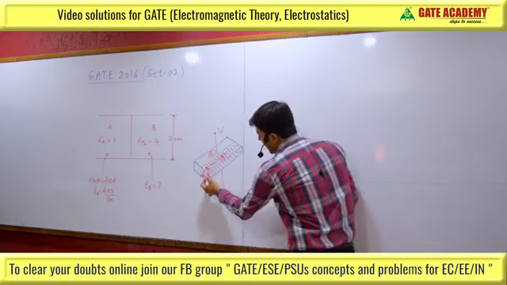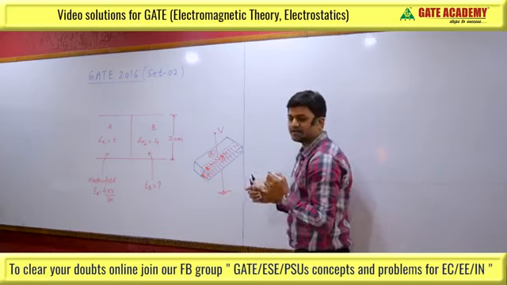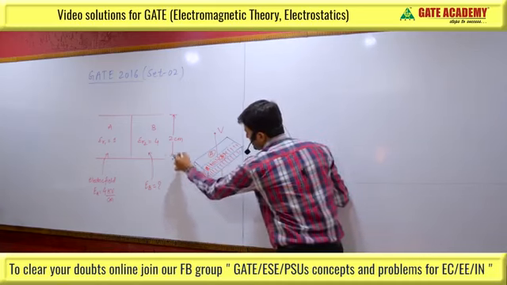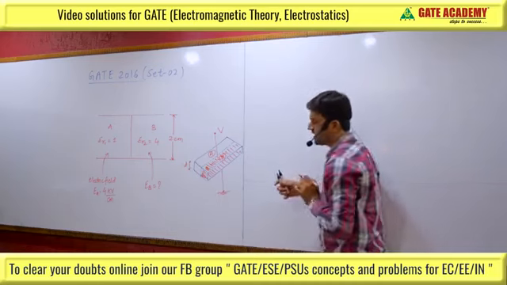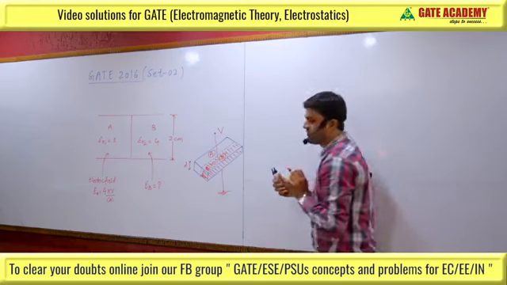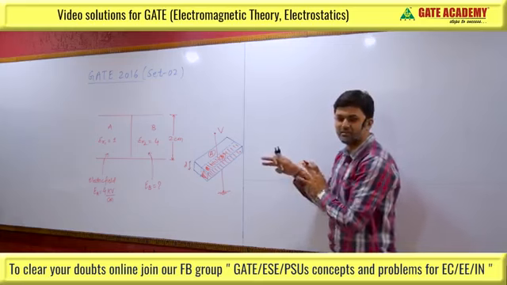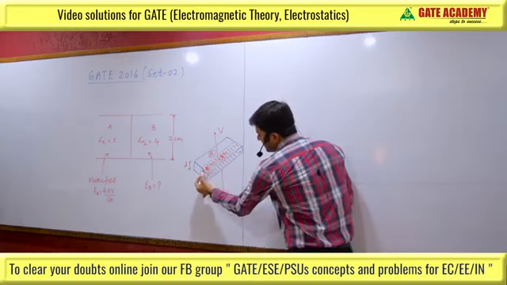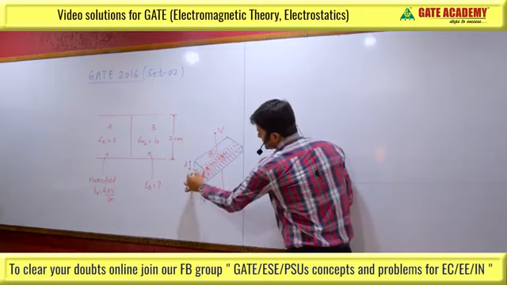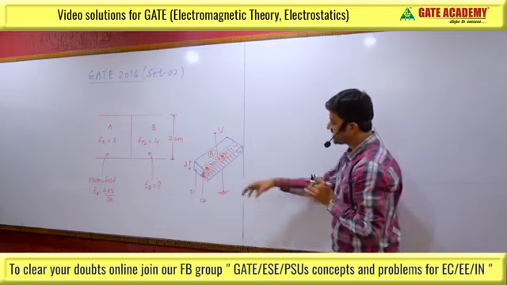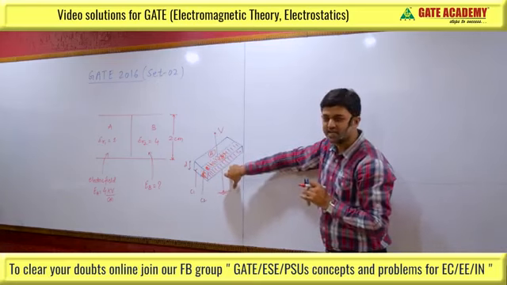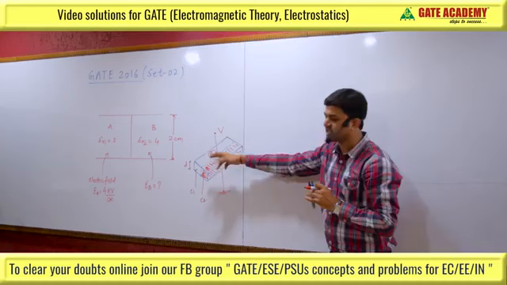So now we can see that the gap between the two plates will remain the same. The gap between the plates is D, let us say, and this is equal to 2 centimeter. The area comes into effect for the capacitor, because this is a parallel plate capacitor. Let us say this is C2 and this is C1. The area is divided into two halves, because half the portion is filled with a dielectric and half the portion is filled with the other dielectric, air.